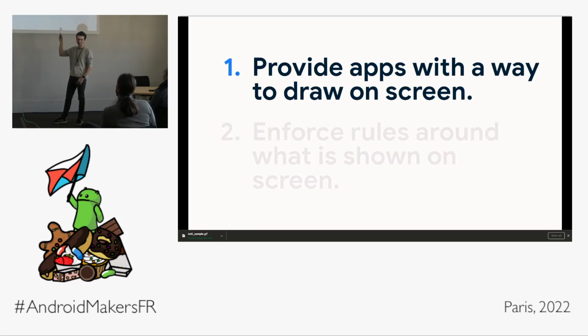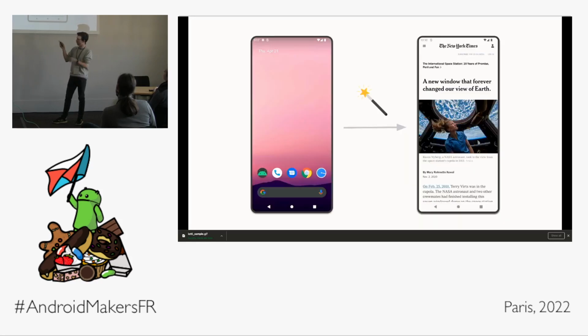So let's start with the first part. How do we get an application or an activity on screen, and how does the window manager orchestrate the entire process to get from opening the application to it being on screen? To do that, we'll go over this example here, where we're starting in the launcher, opening Chrome,